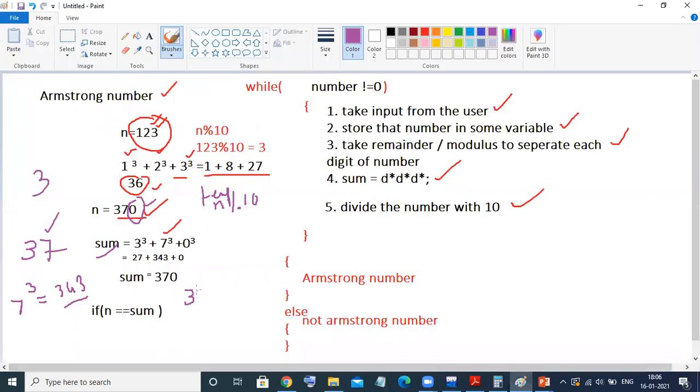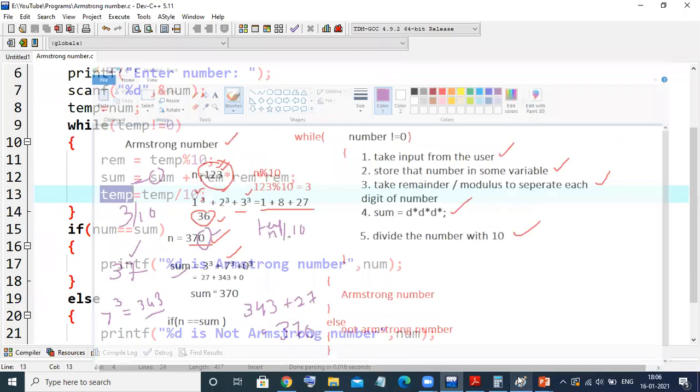So 343 plus 27 is nothing but 370. And the number 3, if we divide it by 10, it will result in 0.